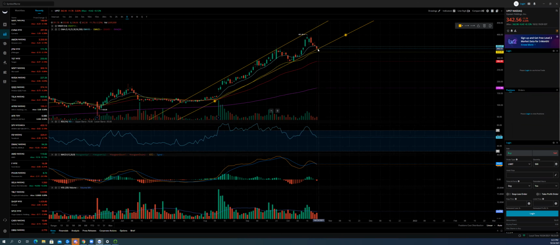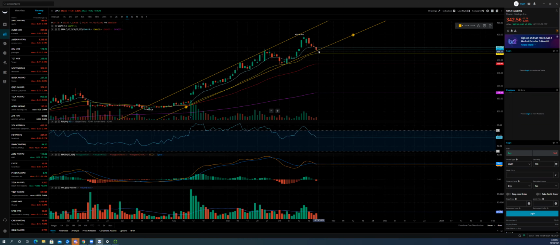of support. But if it breaks this channel line, next support that it's going to have is at the 25 EMA, which is 326. So this one, we're definitely going to watch, because this one could drop really hard, really fast. And then if it doesn't hold any kind of support here and the 25 EMA, it could come all the way down here to this 200 EMA, and then that psychological support at 300. So that is your next support level, all the way down to around 300, 305, right